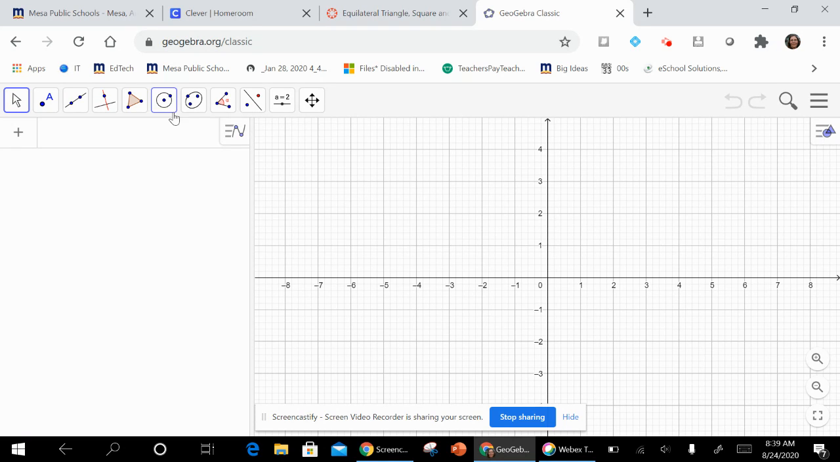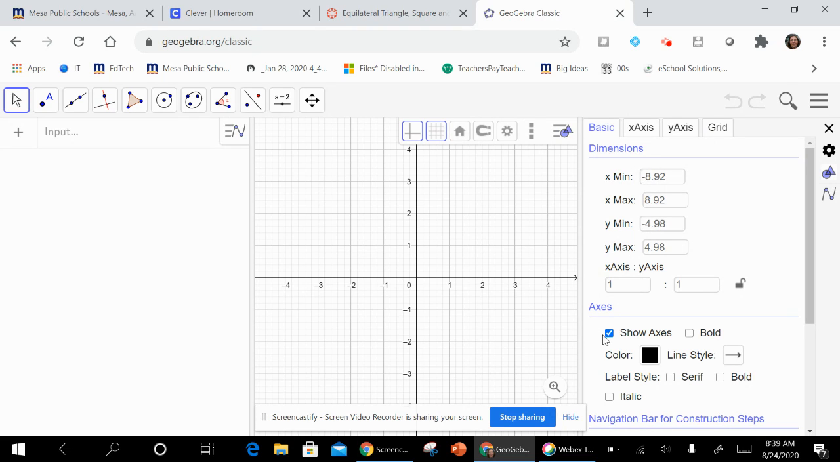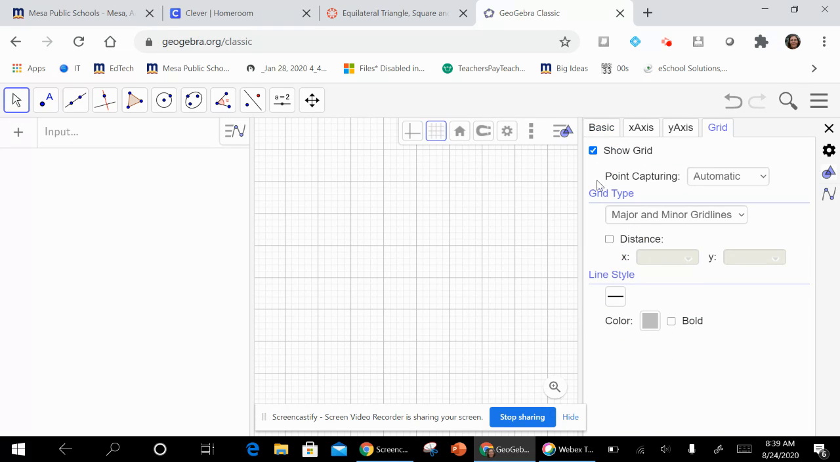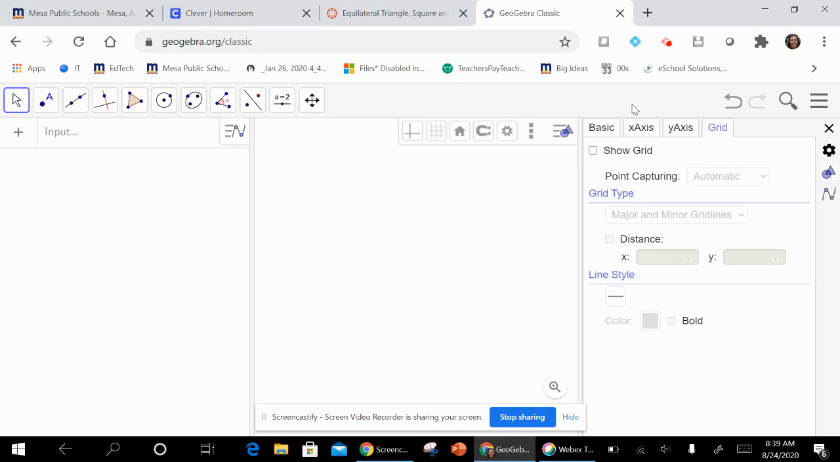Okay, so I'm using geogebra.org/classic. So I'm going to go here first to settings. I'm going to unclick the show axes and unclick the show grid. Okay, so for equilateral triangle,